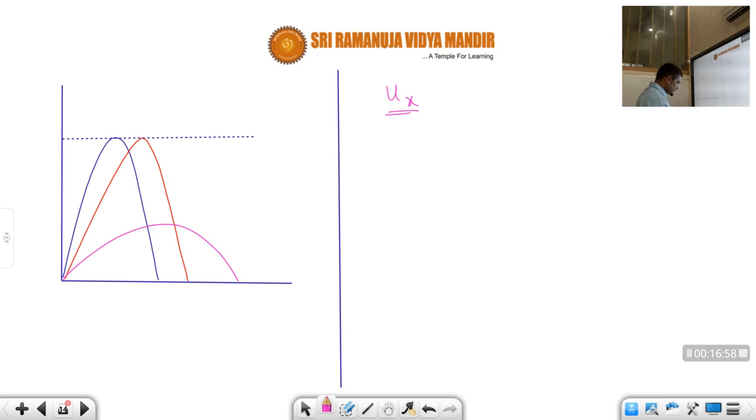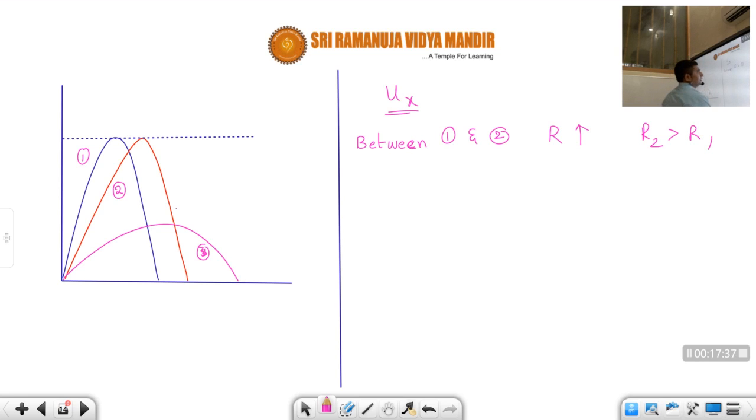First what you have to do is, this is the first one, this is the second one, and this is the third one. Now between 1 and 2, first let us compare. Between the first projectile and the second projectile, whose range is more, students? Second one. So range is increasing, correct or not? R2 is greater than R1 basically, because in the diagram it is given.